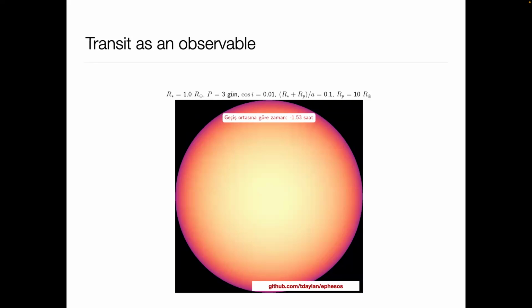Okay, so sorry for a few Turkish words here. I did not have the time to update this, but basically the idea here is that you have the stellar disk. So this is essentially some arbitrary star. This is an animation, by the way. So the planet started crossing now the stellar disk, and you have the light curve going down.